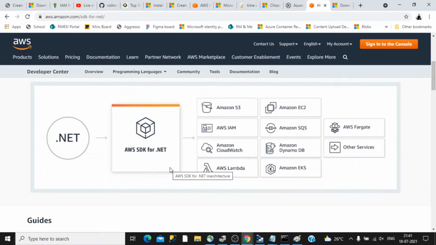You just right click in the solution explorer, choose manage NuGet, search for AWS SDK for .NET, and after a couple of confirmation steps, that is done. Your NuGet package is installed into your application. Using that SDK in the form of a NuGet package, your application will be able to connect to any of these Amazon services.